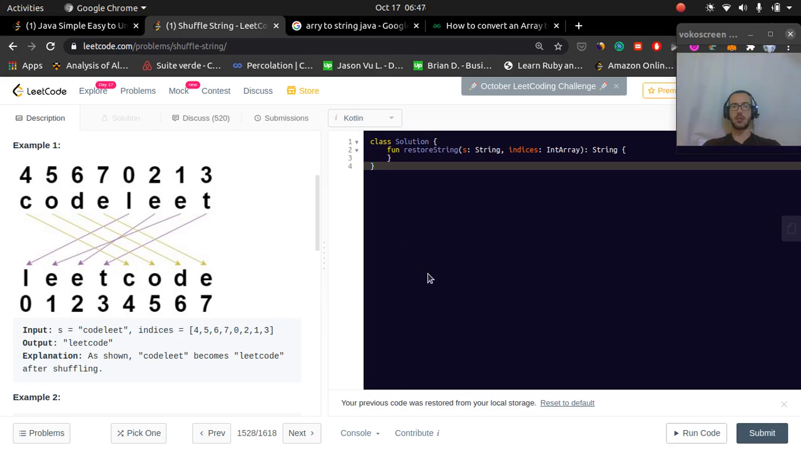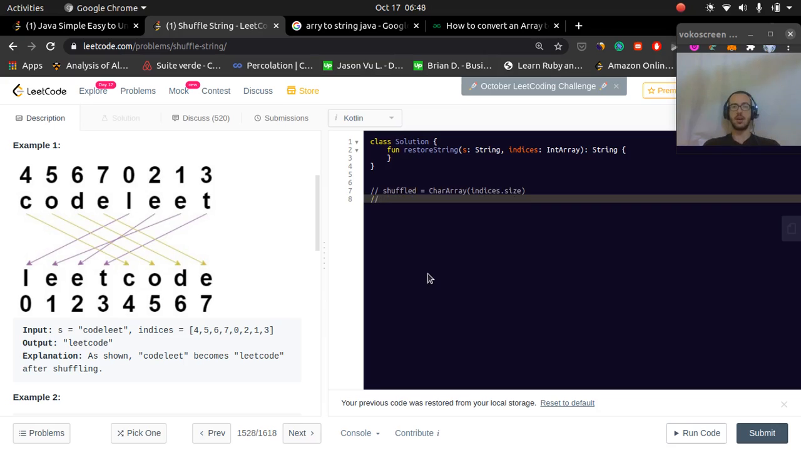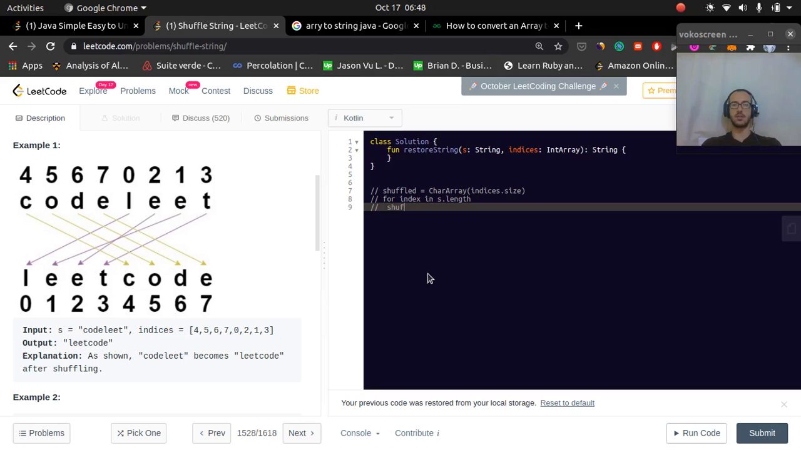So let's think about how we're going to do this. Okay, so we can make a new character array and call it shuffled. It will be the same size as indices. And what are we going to do with it? Let's think. For index in s.length, so we'll go from 0 to s.length minus 1. We're going to say shuffled